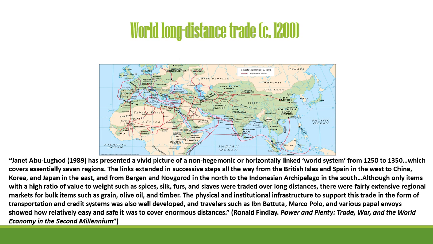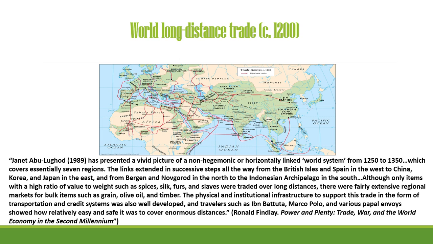We'll get back to world system, what that means, from 1250 to 1350, which covers essentially seven whole regions. The links extended in successive steps all the way from the British Isles and Spain in the west to China, Korea, and Japan in the east, and from Bergen and Novgorod in the north to the Indonesian archipelago in the south. Although only items with a high ratio of value to weight, such as spices, silk, furs, and slaves, were traded over long distances,